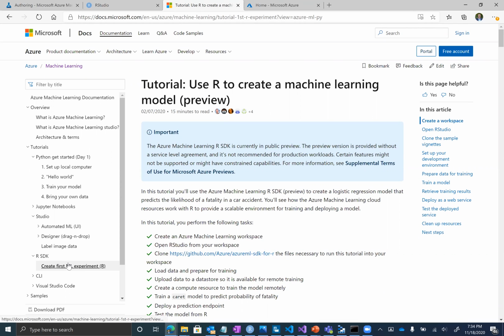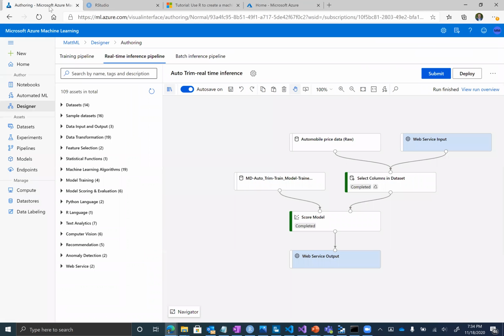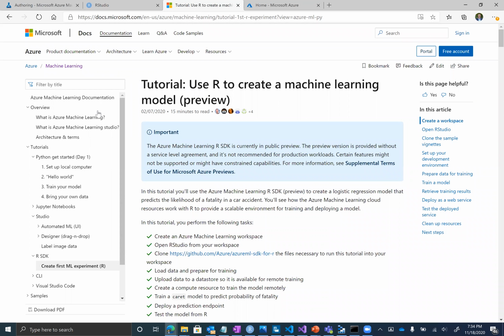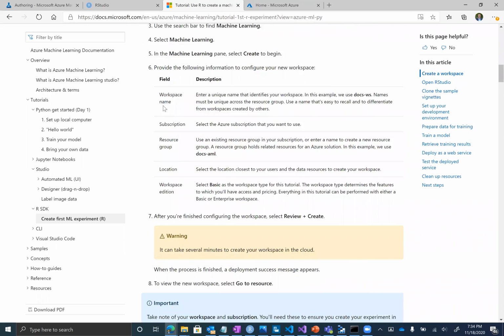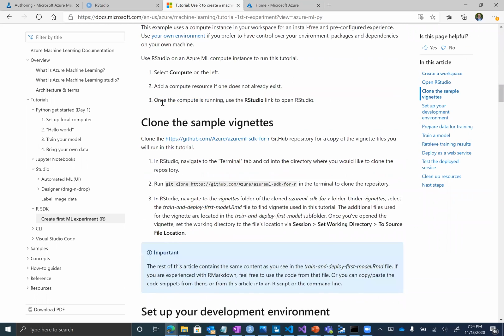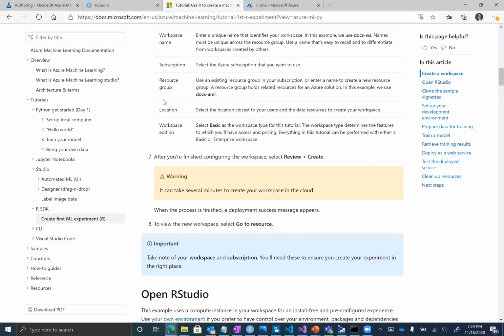So you're able to interact programmatically with automated machine learning and designer from R or Python. And like I'm sure a lot of the other cloud providers have, we have really great documentation and tutorials to step you through your hello world and how to get things set up. So there are maybe dozens of ways to skin the cat.